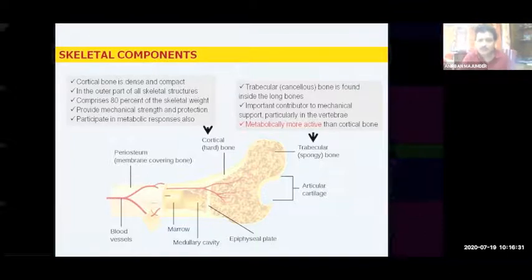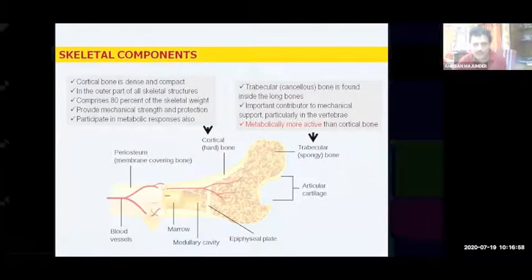Now the skeletal system plays a very important role in calcium metabolism, which I have already told you. In the skeletal part, we have the cortical bone, which gives the strength to the bone. It is just below the periosteum. And we have the trabecular bone, or the cancellous bone, which is inside. The weight of the cancellous bone is not much. The cortical bone is 80% of the weight of our skeletal system, but it is the trabecular bone which is basically metabolically active,